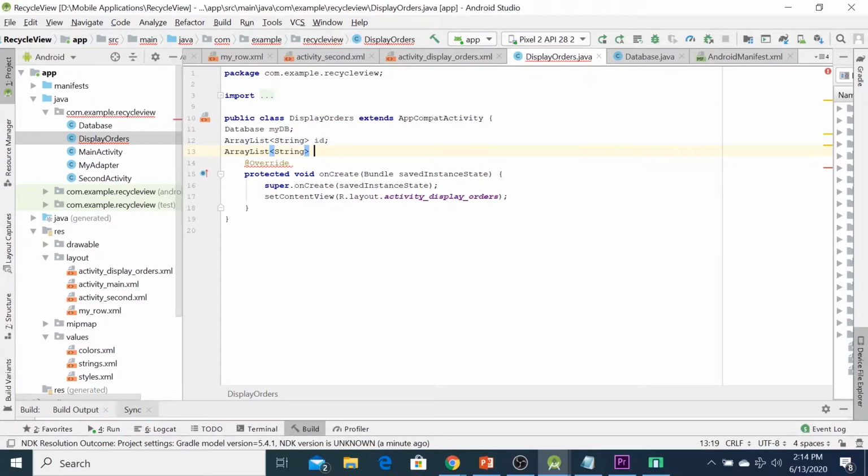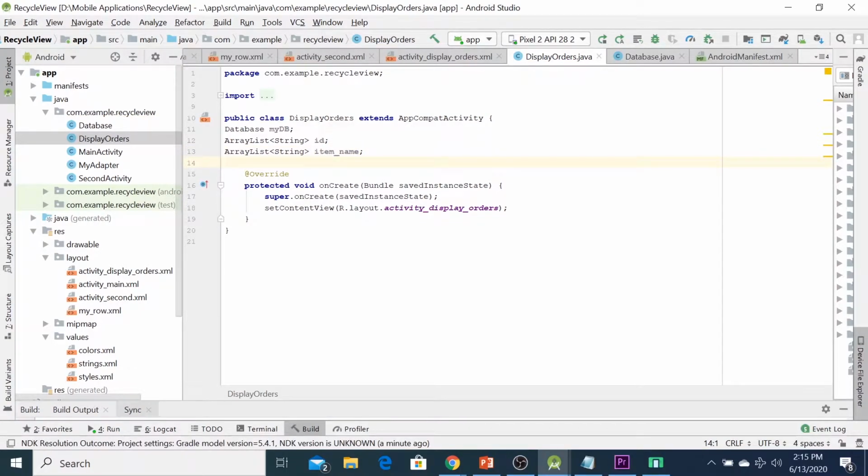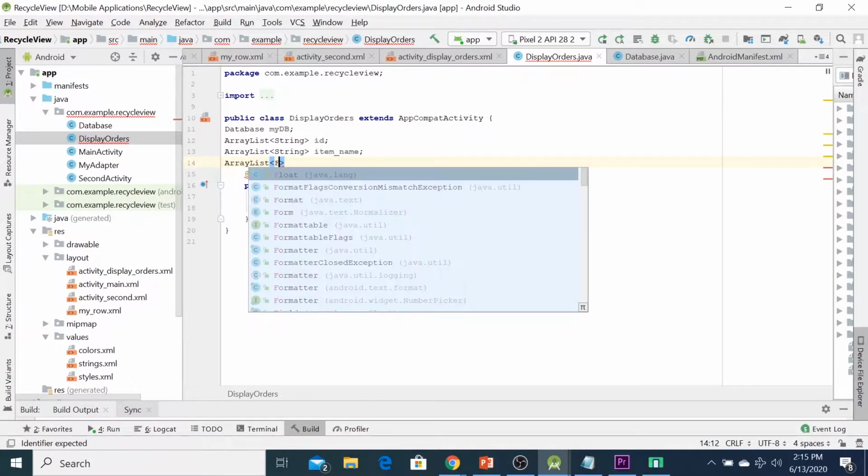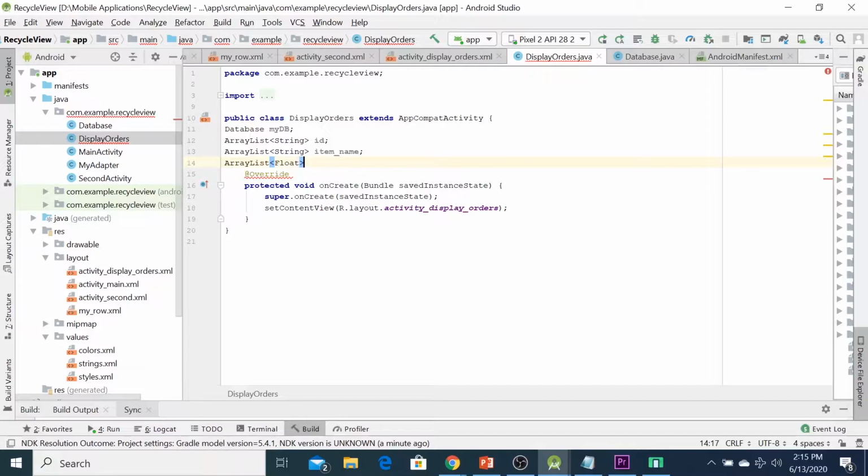And the second array list is the item name. Third one is price, but the data type is a float. So you can type price like this.